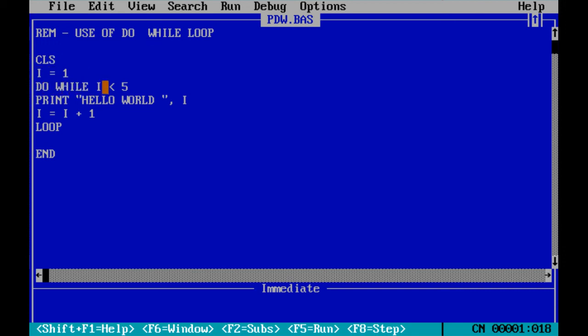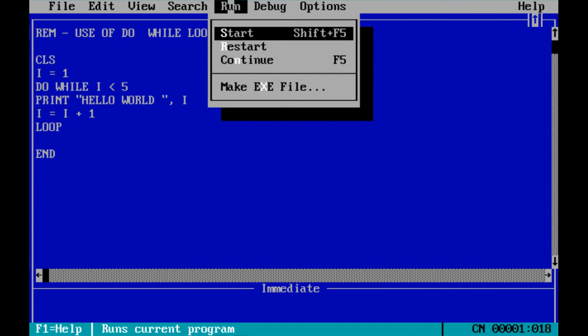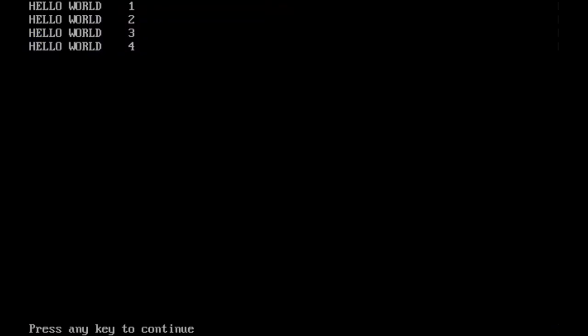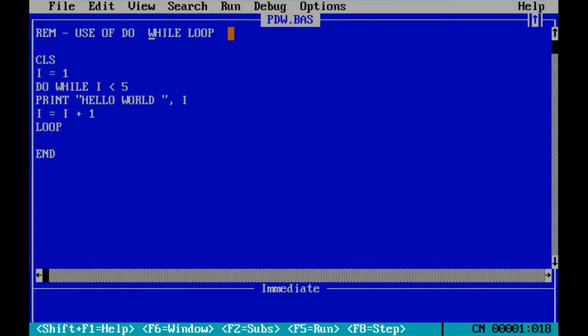DO WHILE I is less than 5, print hello world, I equal to I plus 1 to increment the value of I by 1. Loop until this condition is true. When this condition is false, then it directly comes to the end part of this program. Click on run. Start. So until the value of I is less than 5, the program is in the loop. When the value of I is greater than 5, then it comes to the end part.